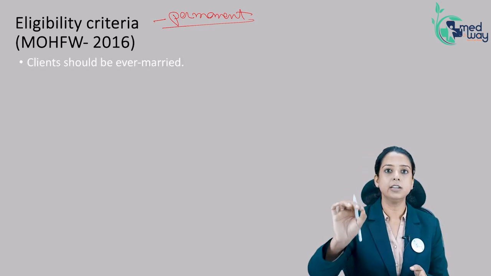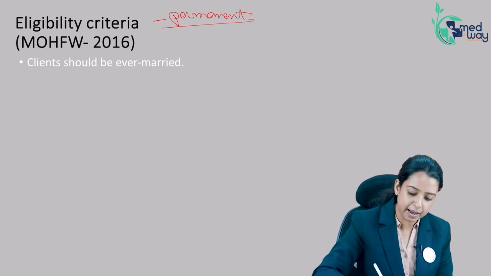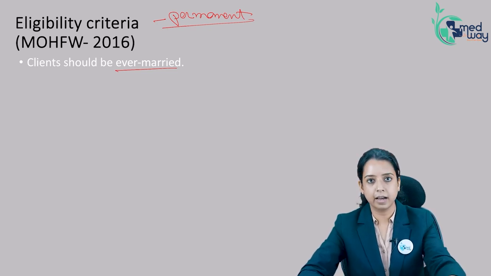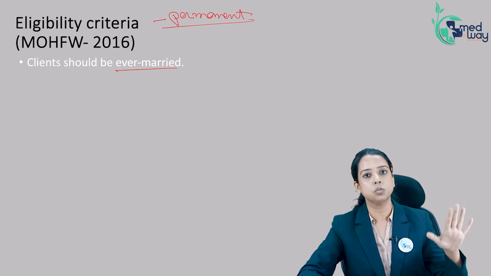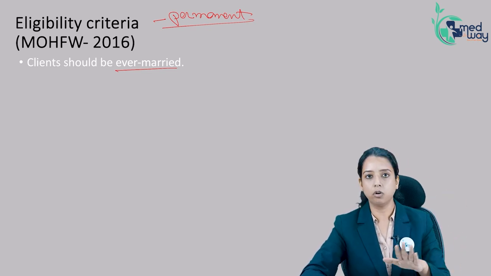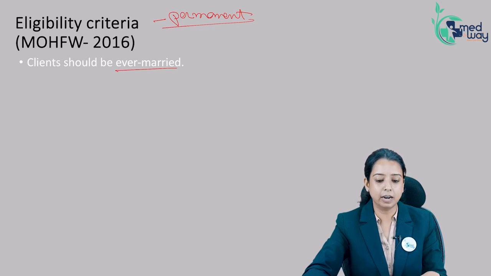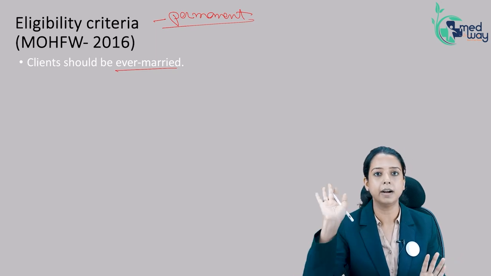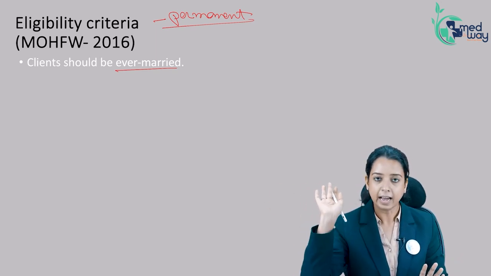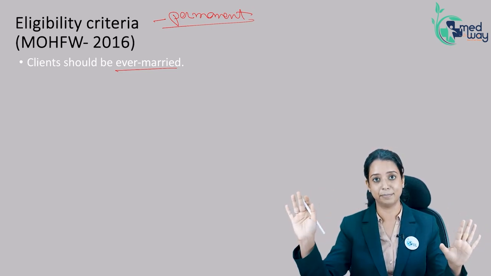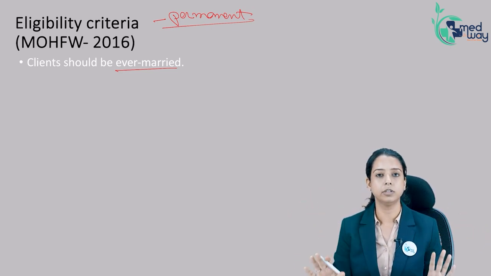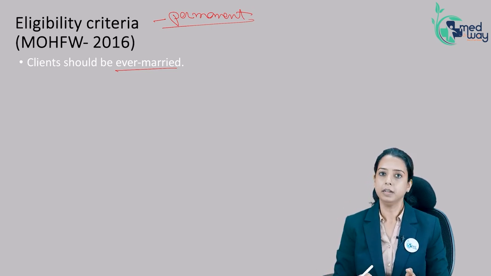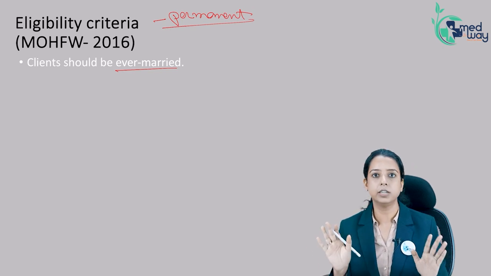What were they? That client should be ever married. What do we mean by ever married? Right now this woman can be a widow, separated, or a divorced woman, but she has to be married at least once. Unmarried women in our country are not allowed for tubal sterilization. And now don't think that an unmarried person will not come. You don't know, people. All kinds of people exist. Very well, an unmarried girl can come and say, please sterilize me. And I have seen all these kinds of people. So it does happen. So an unmarried person is not allowed for permanent methods. She has to be ever married. Right now she might not be married, that's okay, but at least ever married she should be.